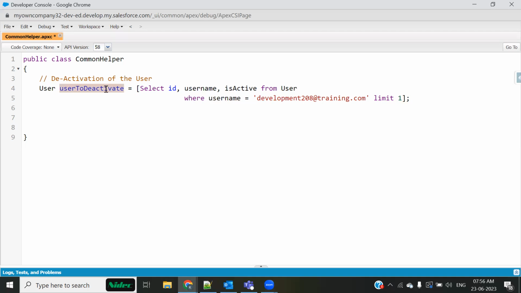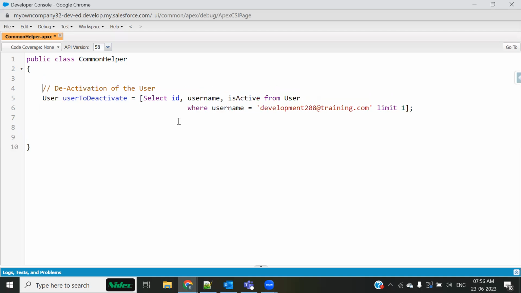So what I'm going to do would be like, I would first of all deactivate this user. And even before that, I just forgot to mention, I would be creating a method first of all. Inside the class, I have directly started writing the code, which is not good. Let me create a method like public static void